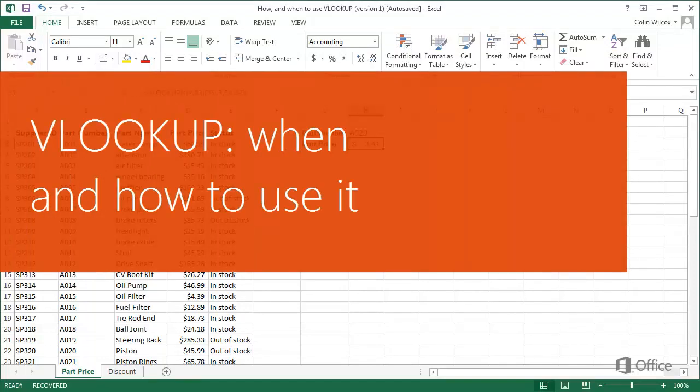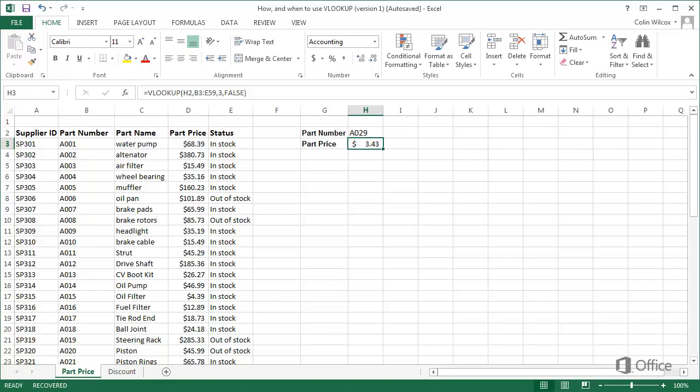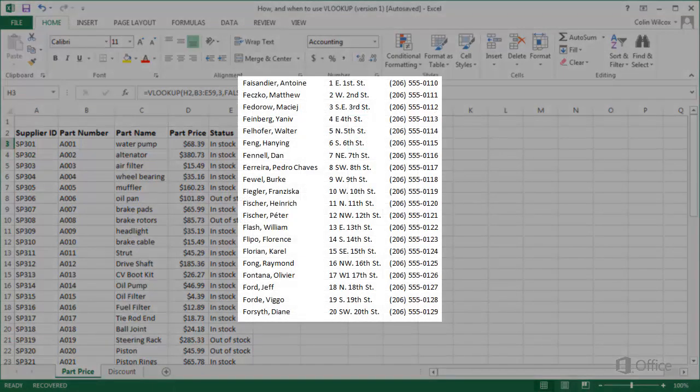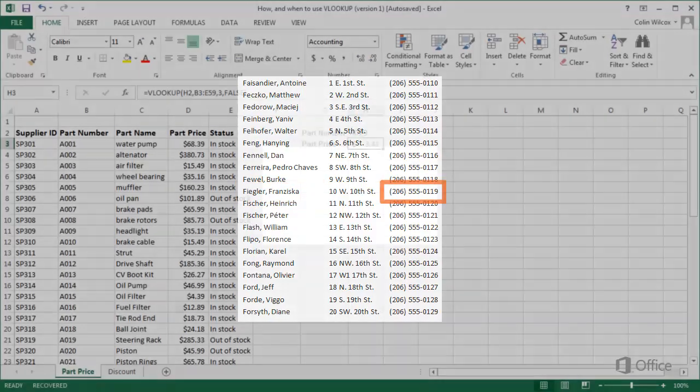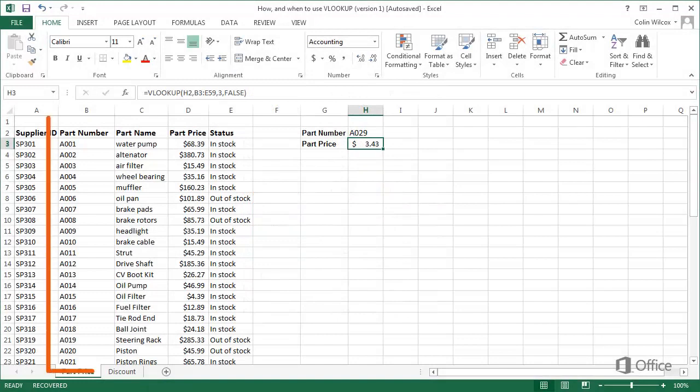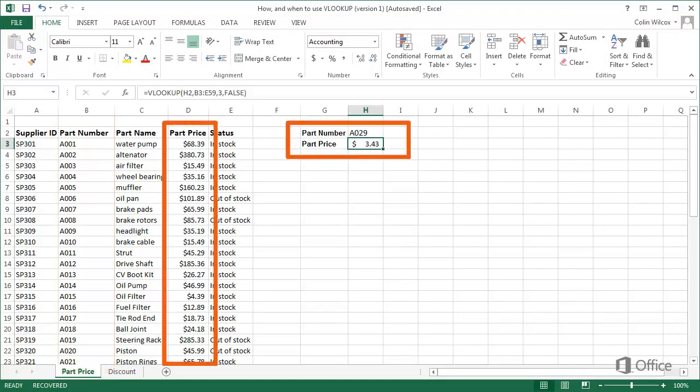When you need to find information in a large spreadsheet, or you're always looking for the same kind of information, use the VLOOKUP function. VLOOKUP works a lot like a phone book, where you start with a piece of data you know, someone's name, in order to find out what you don't know, their phone number. So as an example, I'll enter part numbers, the thing I know, and find out prices, the thing I don't